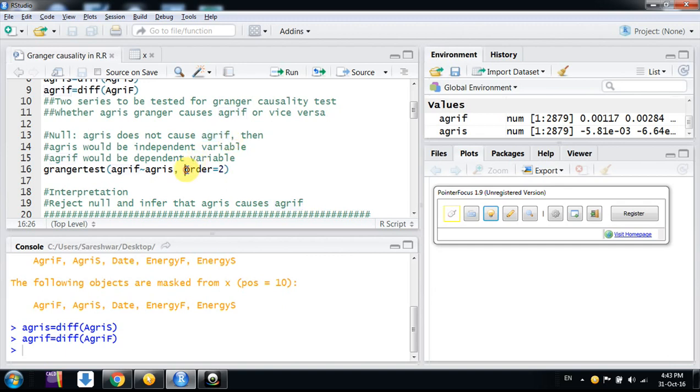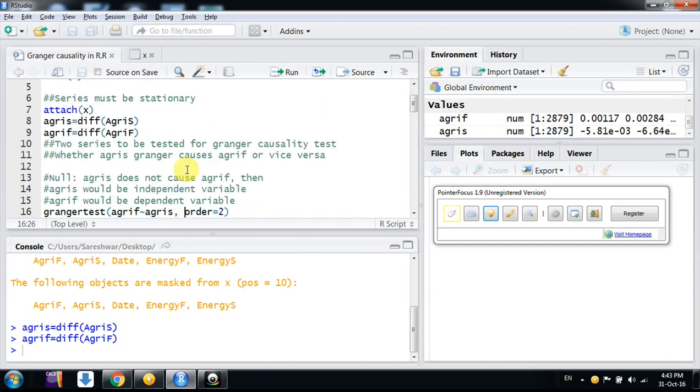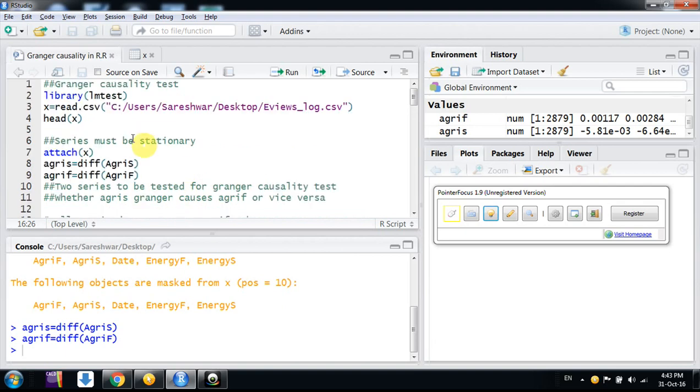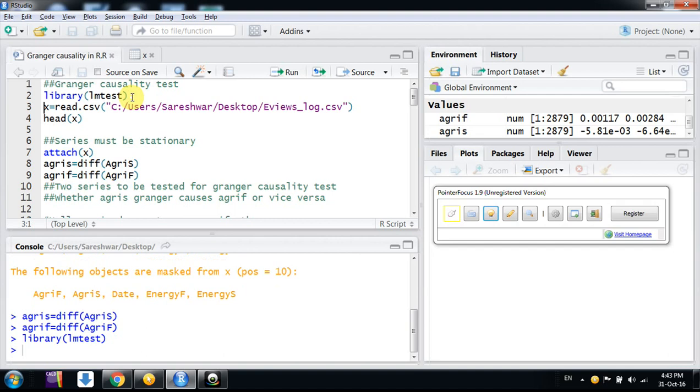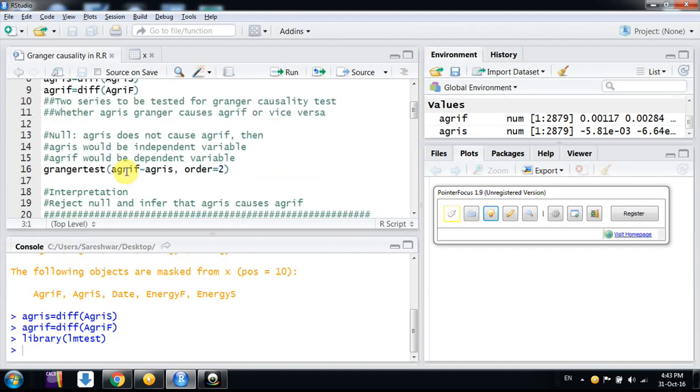So when we use this model, first of all, friends, you install this package, lmtest. I have already installed it, that's why I am using the library command. If you don't have the package lmtest, please install it. I'm using the library command because it's already in my list of packages.